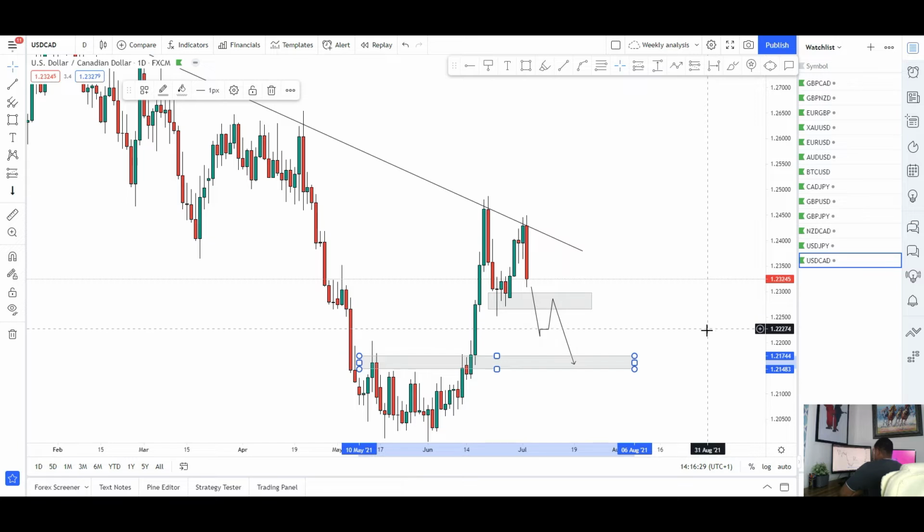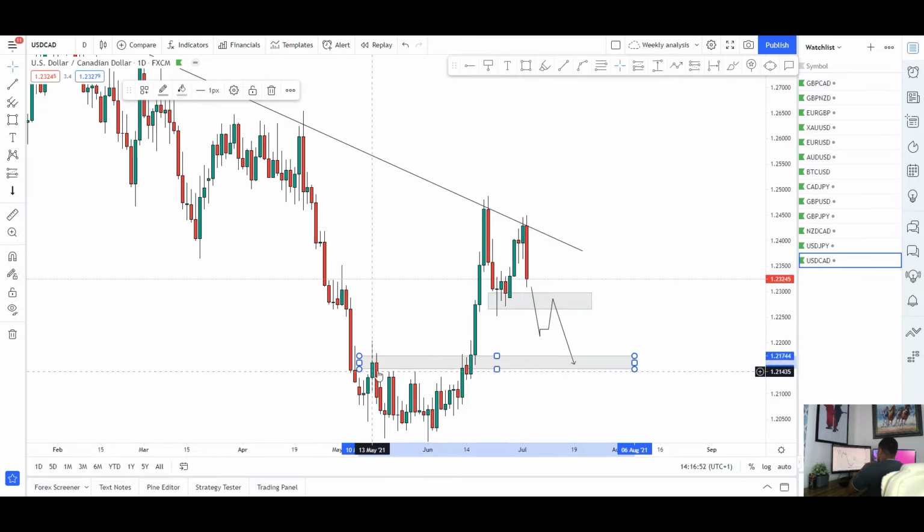And we also have not tested that area as well, so could be some fresh support that price might want to come back to go and revisit. So USD CAD, I can see some downside for this pair for this week, but it's important to see what happens around the 1.23 area. If we do hold 1.23, then yeah, buys do look good, targeting that trend line again. But if you break through, so we see a nice candle closure below, then yeah, wait for a bit of